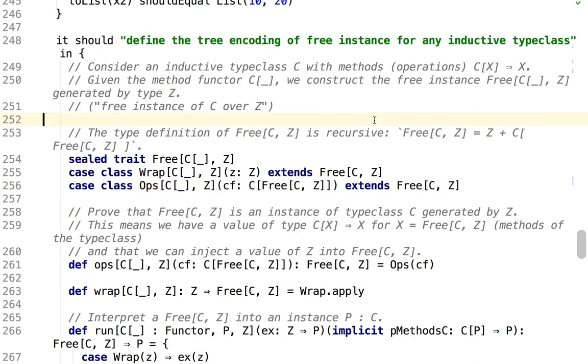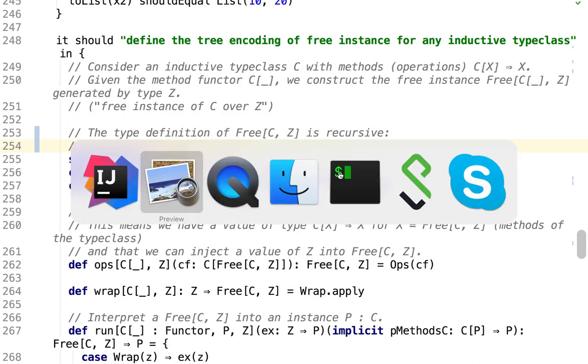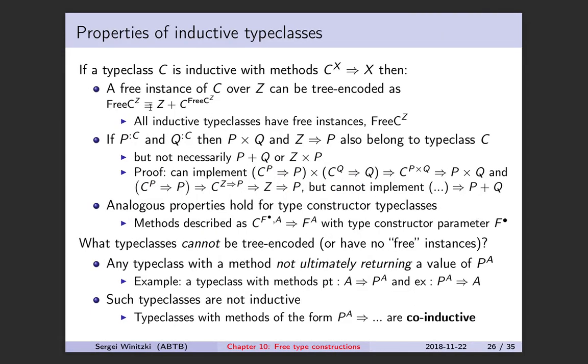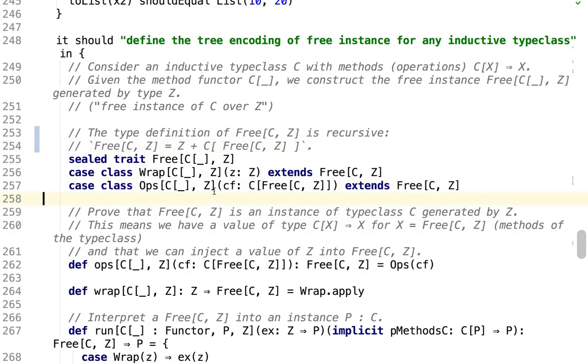So this is the definition that I just showed of the free constructor. So that is the ops, and